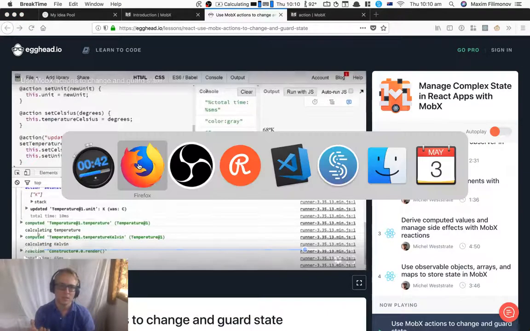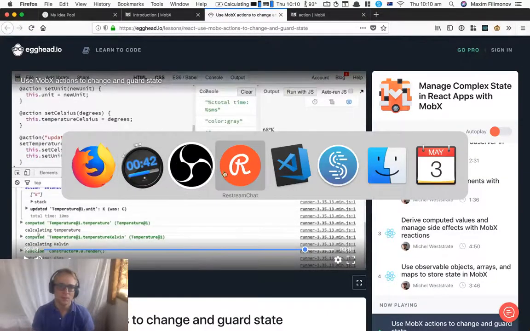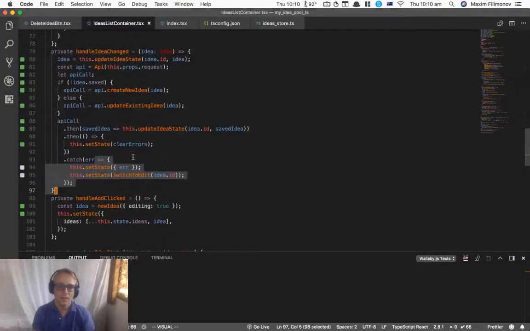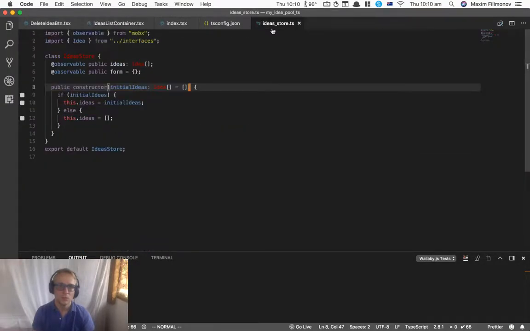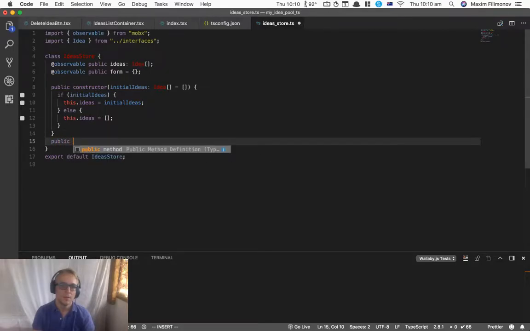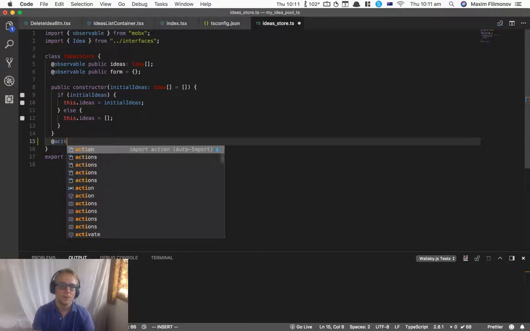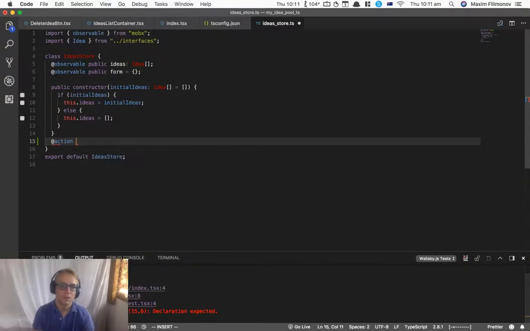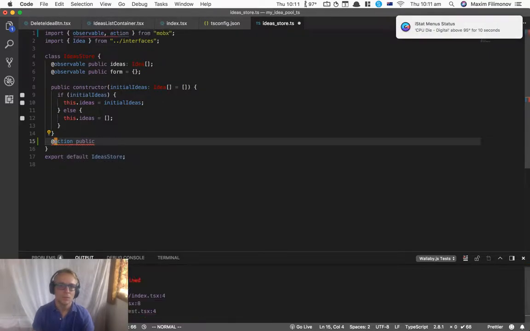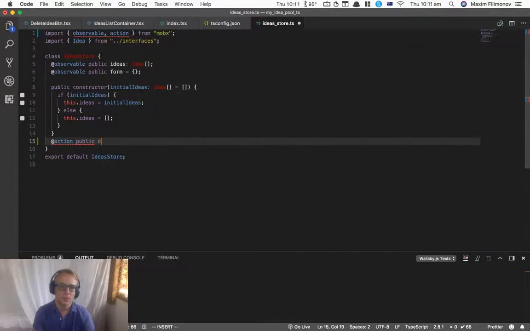Because as far as I understand, this is the thing that I'm a bit confused about. This action is part of the store, so we put it on this store, and we have a thing called public action, I guess. Action public. I need to get it from mobx. And here we need to grab add idea, let's say. And so I had something like this last time,